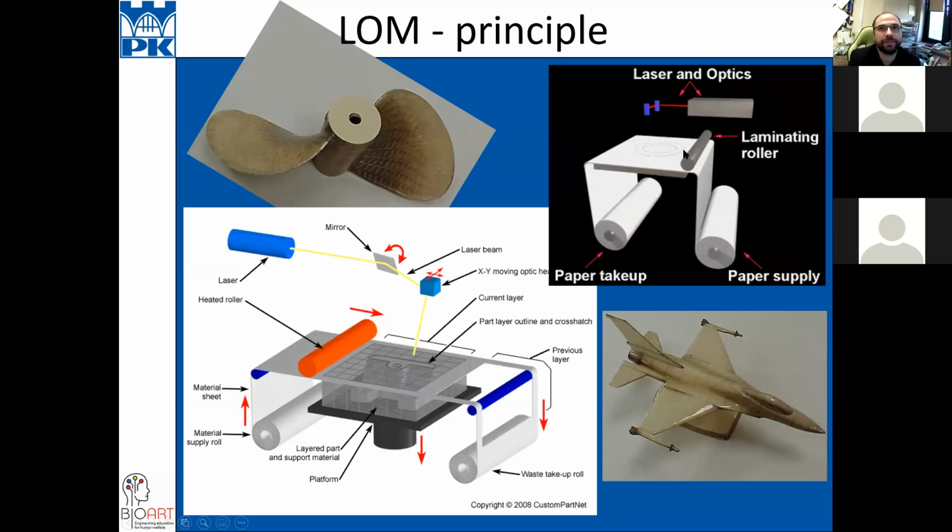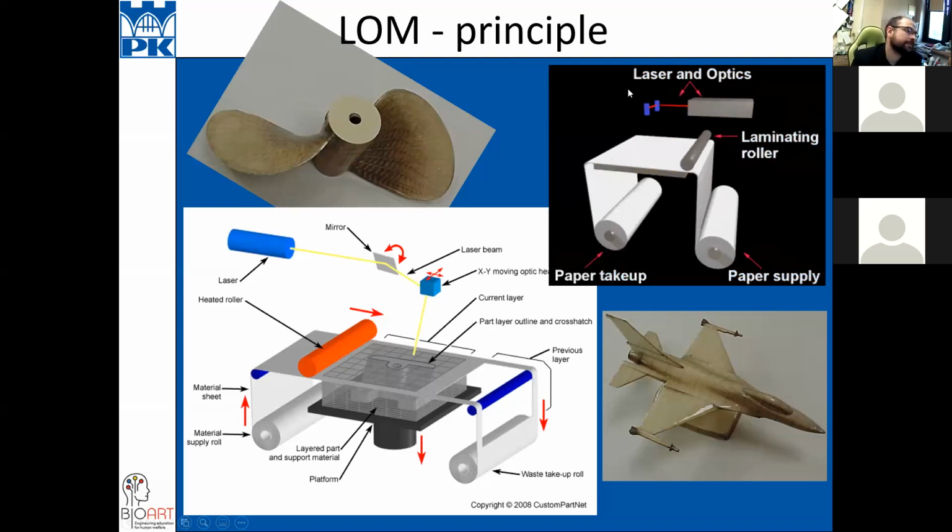This paper is connected with special glue. It has special glue itself. And here we have a roller, and this roller is heating up the material. The glue is melting down and connects each layer.